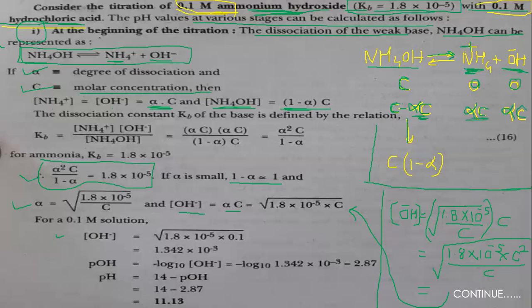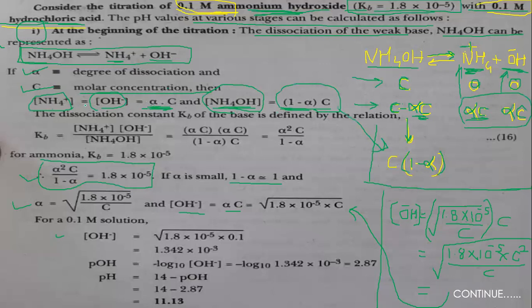So what happens, we are going to take C as common, and its concentration will be there after time t. It's an initial concentration and this is the concentration after time t, you can say. So 1 minus alpha, right? Now see here, what is the concentration of NH4OH after time t? It's (1 minus alpha) into C, that is given here, right? And the concentration of NH4 plus and OH minus, that is alpha C, okay, that is also given here. Both NH4 plus and OH minus have concentration alpha C, right?